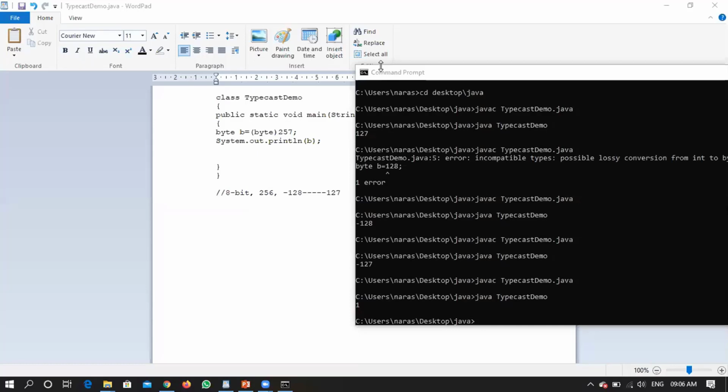Example, I'll tell you a real world scenario where you will be using this particular typecasting, explicit typecasting. Say for example, you have designed some web application, right? So some registration form is there. In a registration form, you have two columns. One column is expecting your date of birth.